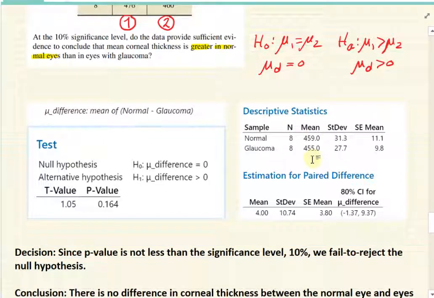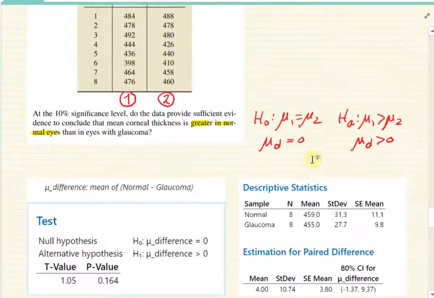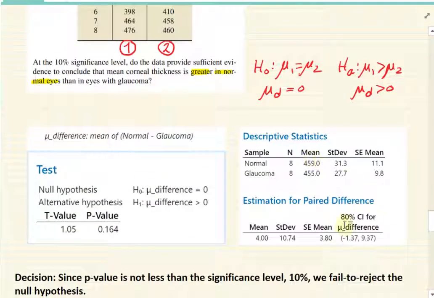And then I did an 80% confidence interval for this one. 80% confidence interval. That makes alpha 20%, half of that 10%. Okay, and that way, if you want to do a two-tail alternative from confidence interval, you could. But I just want 80% confidence interval. There you go. 80% confident. The average difference runs from negative 1.3 to 9.3.